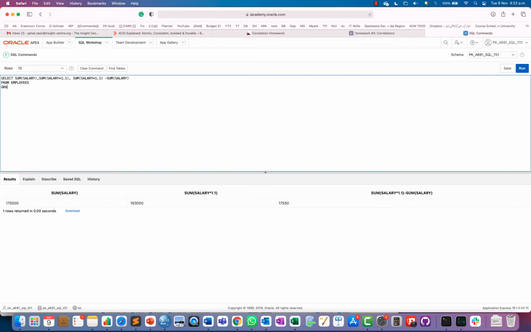So we have an option group by, and we can say department ID, hopefully department ID. So now for each department we are computing total salary, total increased salary and their difference, okay.